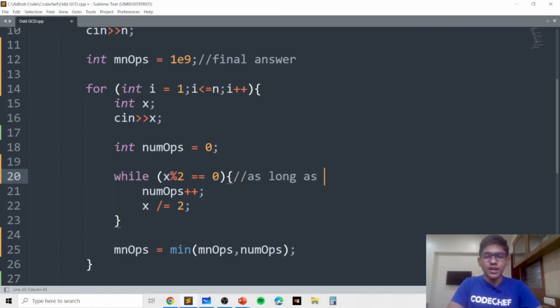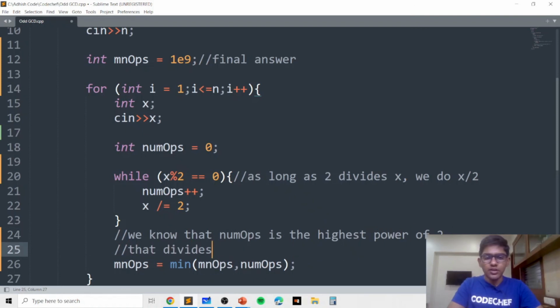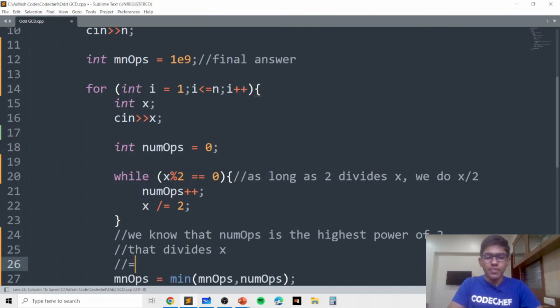So as long as 2 divides x, we divide x by 2 and increment num ops, and in the end we know that num ops is the highest power of 2 that divides x,